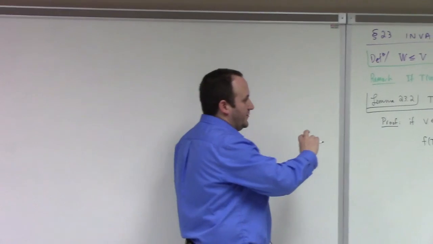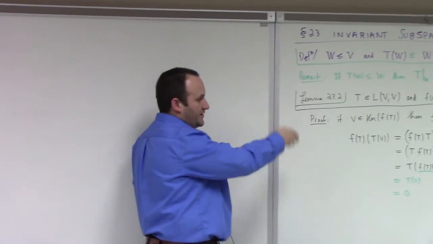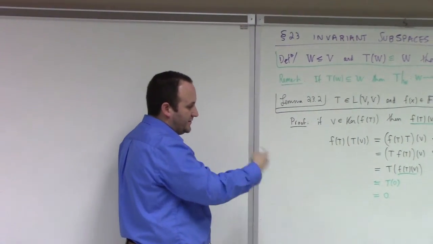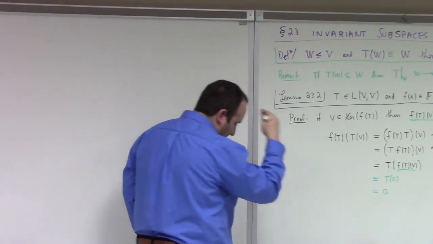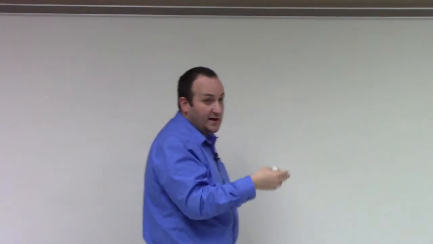So I'm going to hit pause on Curtis right here. The next thing in Curtis' line of storytelling is to study the fact that you can look at the direct sum decomposition of a vector space,